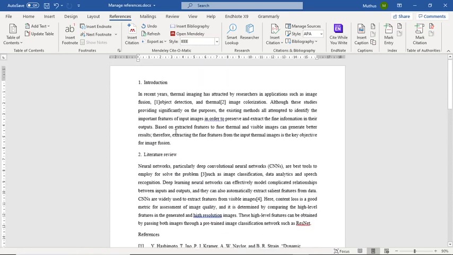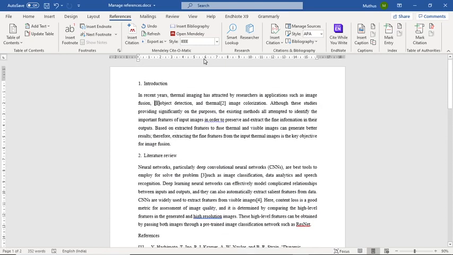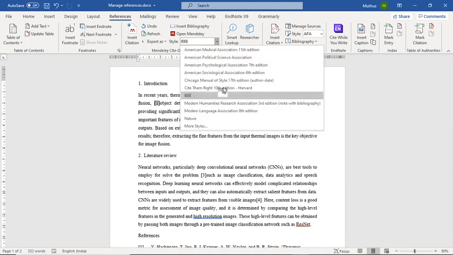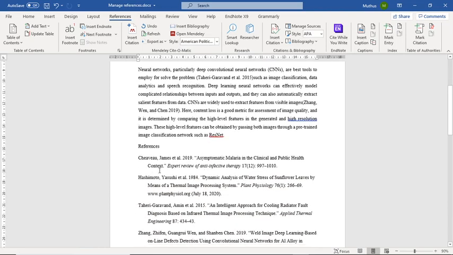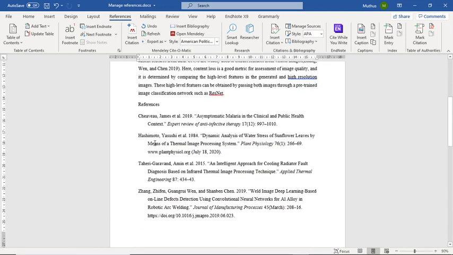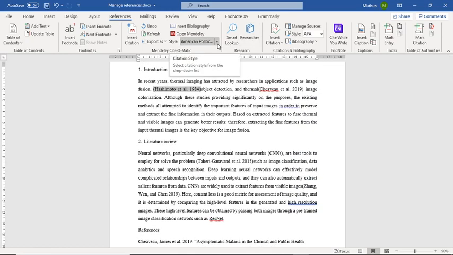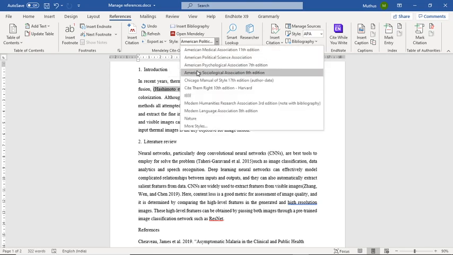If you would like to change the style of the references, it is also possible. We can include the APA format here. So many formats are there. I would like to include this type of format, so you can include it, and accordingly it is changing the alphabetical order. Like that it changes automatically. If you are using more than 50 or 60 references, Mendeley is good for handling all the references.